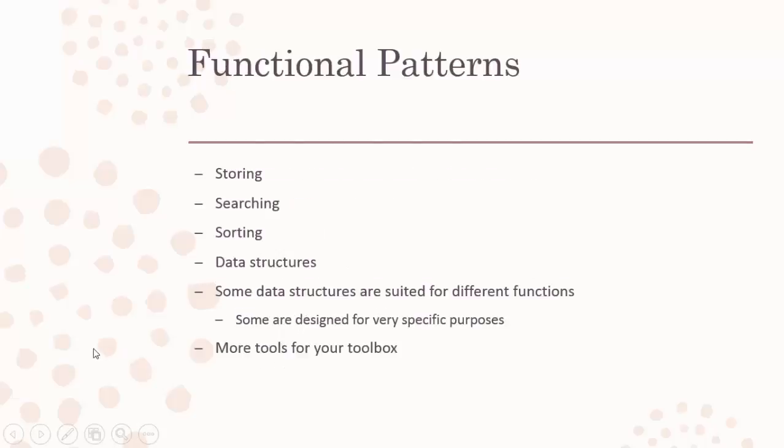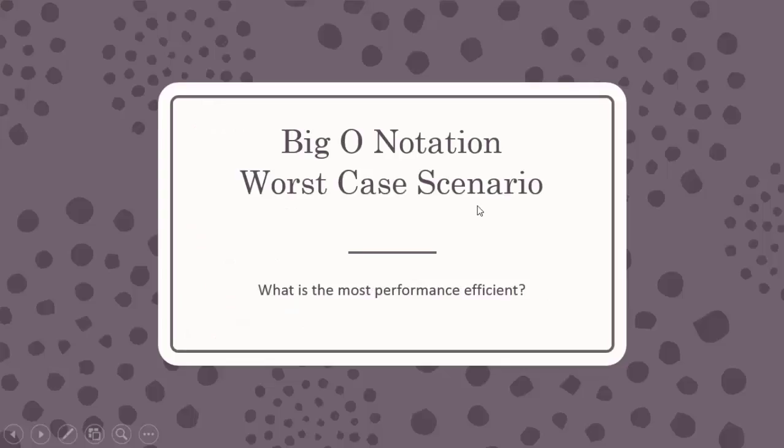Are we storing data, searching for data, sorting, or what kind of data structures are we using? Some data structures are suited for different functions, and some are designed for very specific purposes. But no matter what, it gives you more tools for your toolbox. So when we're worrying about these data structures, how do we measure their efficiency? We use the Big O notation, the worst case scenario, to try to figure out what is the most performance